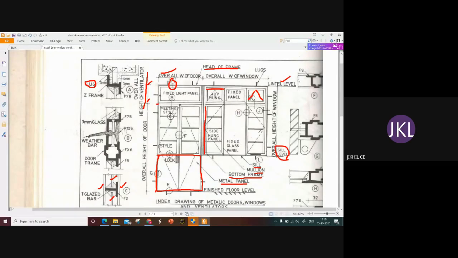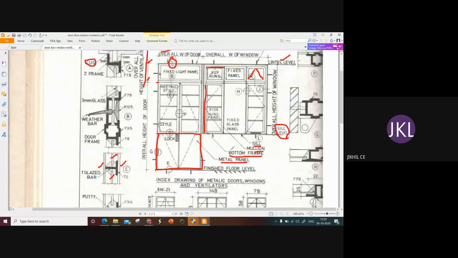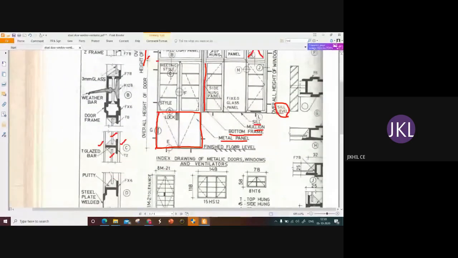Similarly, the right one is also a side hung panel. It can be opened inwards or outwards depending on the arrangement. That's about the main figure, and there are some more.